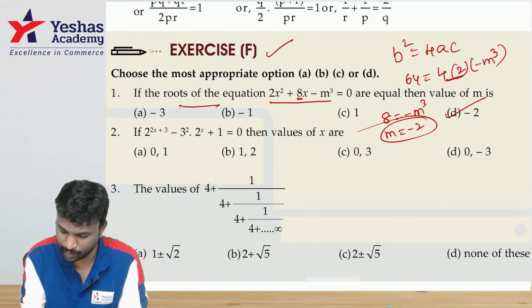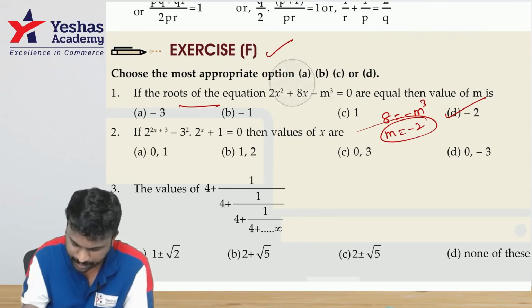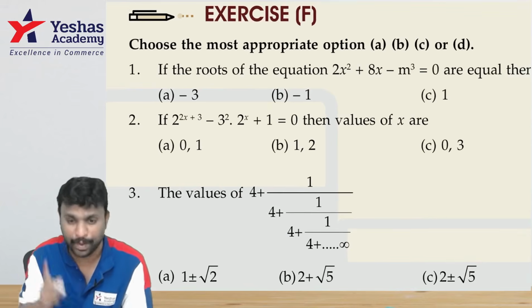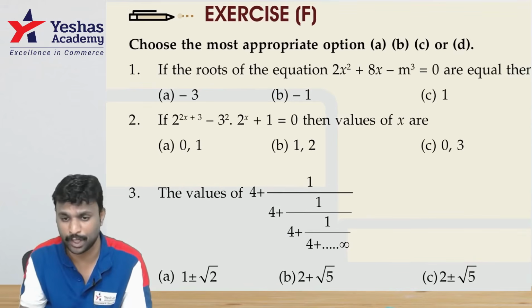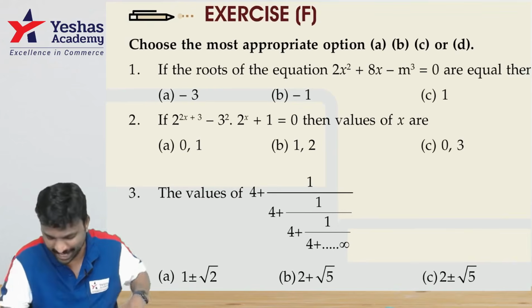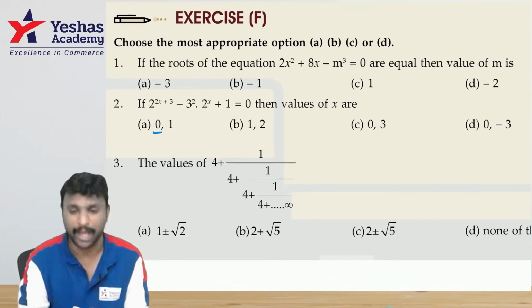The condition for equal roots is b square equals 4ac. Guys, moving on to the next question. If 2 power (2x+3) minus 3 square into 2 power (x+1) plus 1 equals 0, find the values of x. Yes, where are they? It's in the options. Guys, if I hit 0,